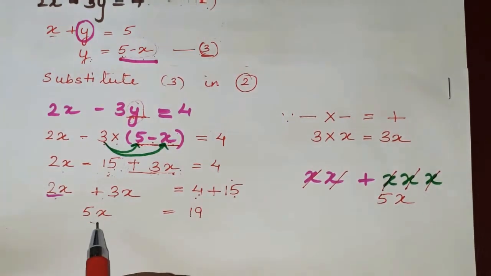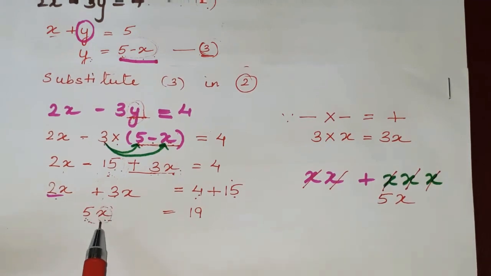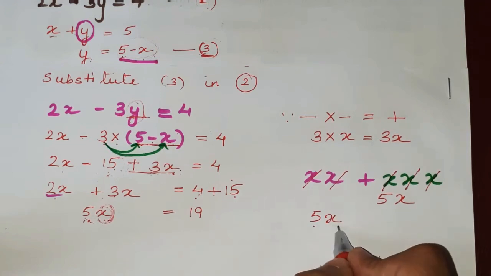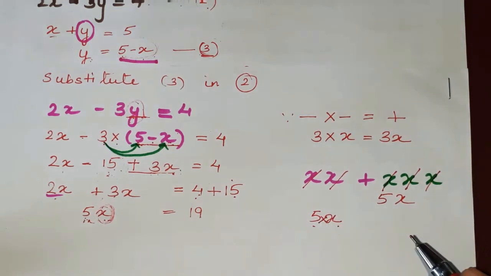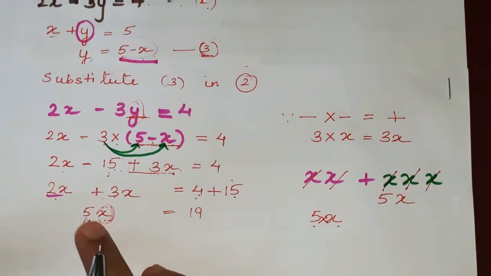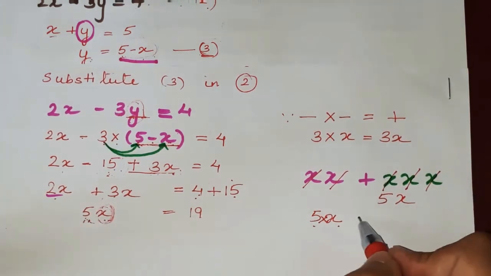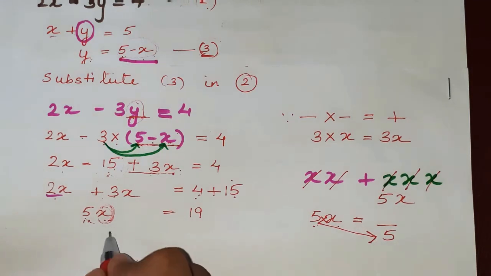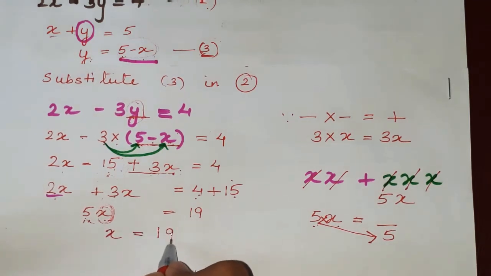Okay, so now here we have this monomial again, a number with a variable. But do we want this number? No, we just want a value for the single alphabet and not for this number. So this number I'm going to take to the other side. And we know whenever any number is along with an alphabet, and if there is no sign, it is always multiplication. So whenever there is a multiplication sign, the number always goes as a denominator on the other side. So this 5 will go as a denominator on the other side. It always goes like this, cross. So this 5 will go under 19. So it's equal to 19 upon 5.